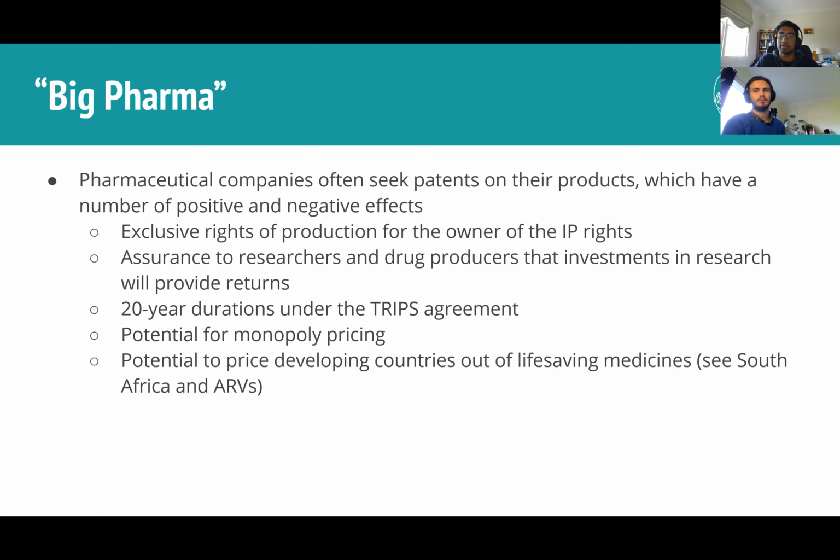Governments are able to fund things for the public good because they get their funding from a completely different source, i.e. taxes. But for companies, the money they put into R&D has to come from somewhere. As a company with a desire to maximize profit, they're going to invest in things they think will give them back more profit. So this incentivizes them to put that money into research and gives them some security in that investment. On the other hand, the fact that they're the only ones who can produce that for 20 years can also lead to the